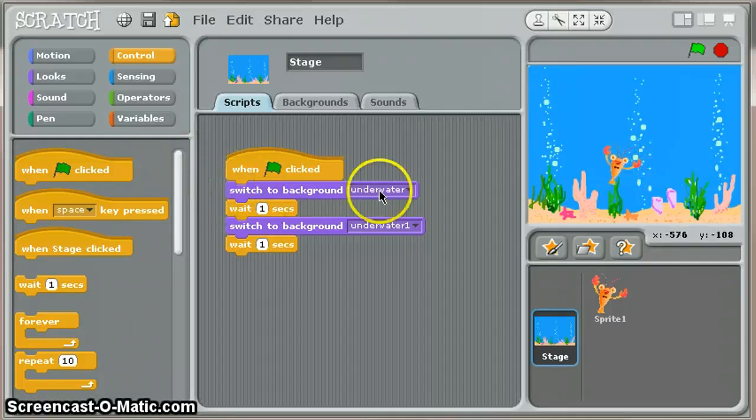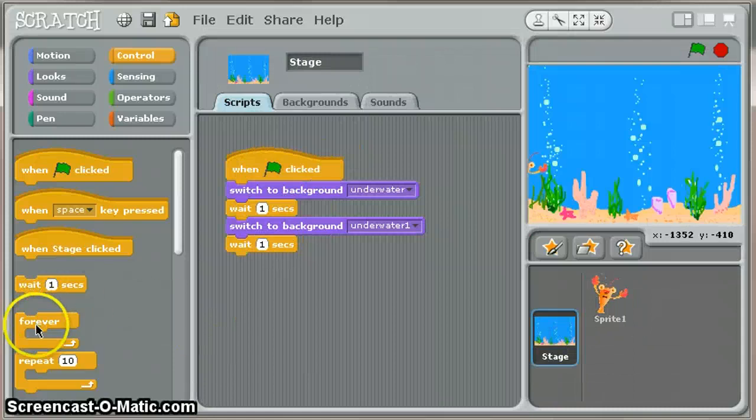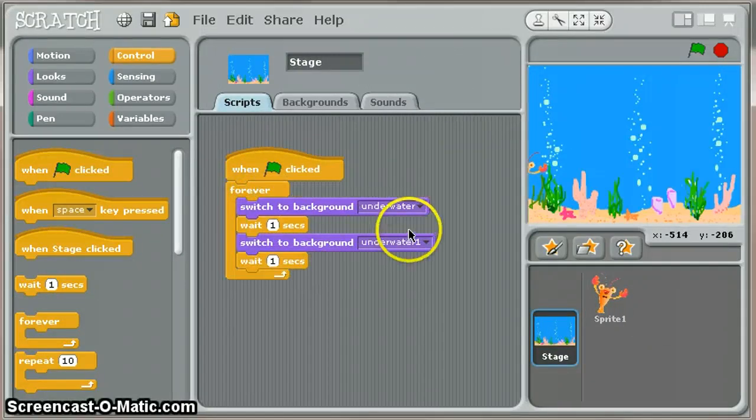Oh, and again, with experimenting, what's happening is right at the beginning, this switches background and then it waits, and then switches background and waits again, and then it just stops because it hasn't got anything else to do. So very much like our sprite here, the instructions we gave for it, the forever instructions, we need to do a similar thing with the stage. So if I pick up a forever block and put it around,